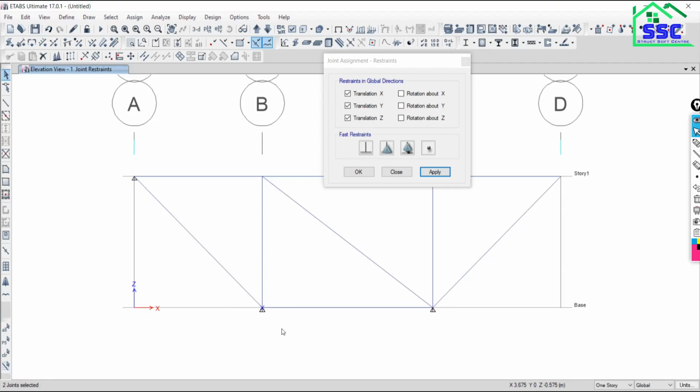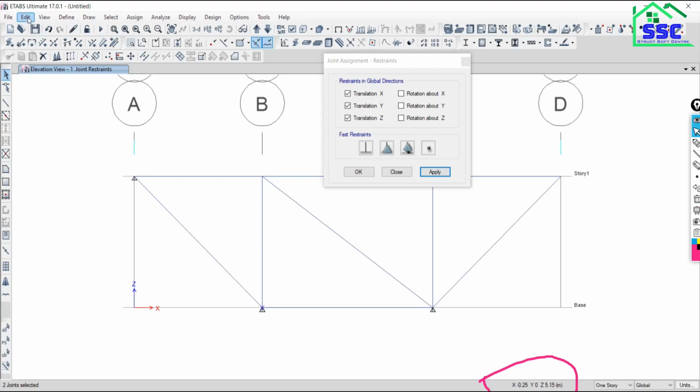Just click the joint and find the ordinate of the joint, that is x. As you can see here, dragging from left to right shows that two joints are selected. So the ordinate of this joint is 3 meter in x direction.